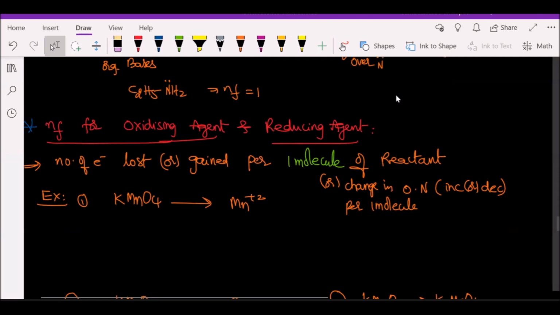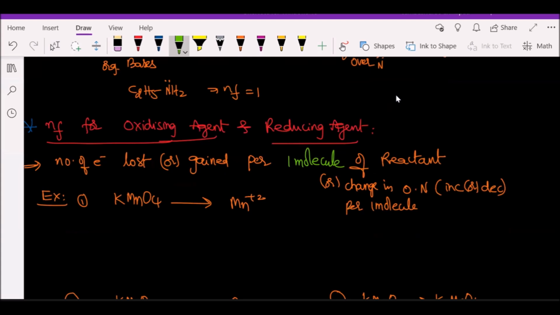So first example I am taking that. See, left side and right side, you no need to balance the equation because I didn't ask for balancing of equations, and I am saying that only n factors. Only n factors means that you have to understand there is no need of balancing the equation completely. And you don't ask me, sir, left side we have potassium and right side we don't have potassium, so we should add potassium there. That's not required because I am not asking that. Clear? So I am not asking you to balance the equation. I am asking you to calculate only n factor.